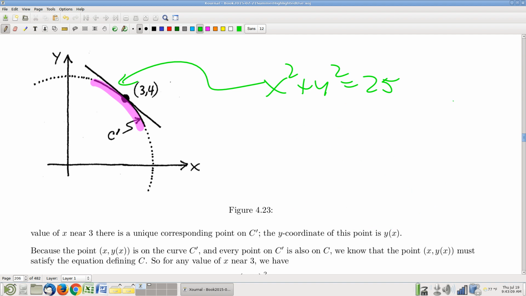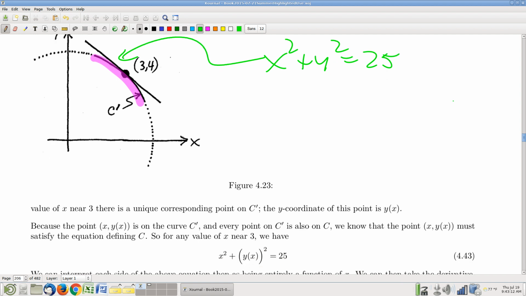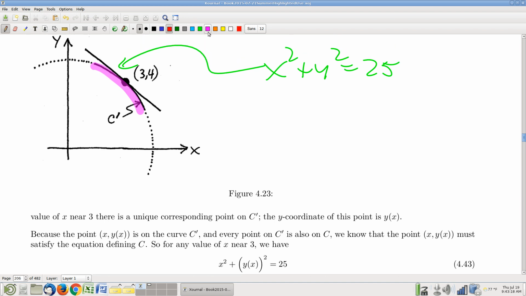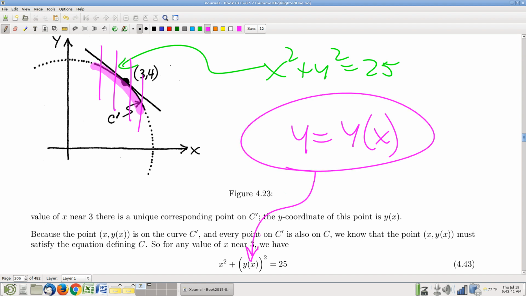Okay, so we can't solve for y as a function of x. Well, I'm just going to assert that even though I can't solve for it, it passes the vertical line test. y is some function of x. I'm going to call it y of x because it is y, and this is a very common sloppiness that we don't need to worry about. So it is some function of x, and I know that x squared plus y squared is 25. So by taking this function of x that I don't know what it is, and plugging it into the equation that I know is satisfied for every point on this graph,